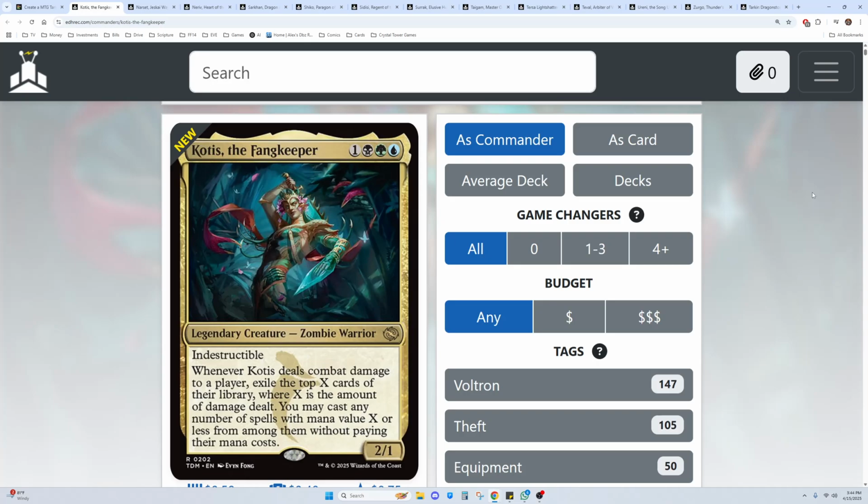I'm going to use your stuff against you. He comes out at 4, so he comes out really fast. Blue is going to give me some protection spells. This can be a really gross deck, and the only reason why he's not S is because without him on the field, the deck doesn't do anything, and I don't think that the deck is going to function super well without him